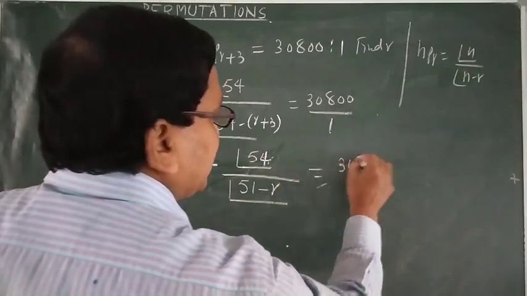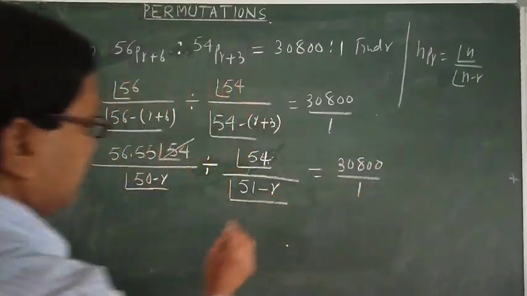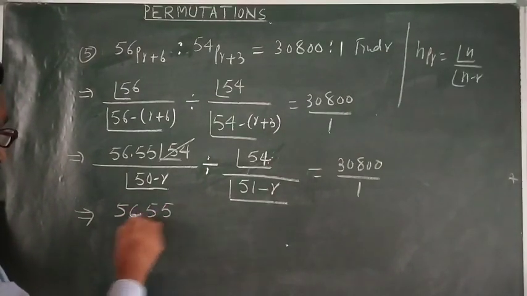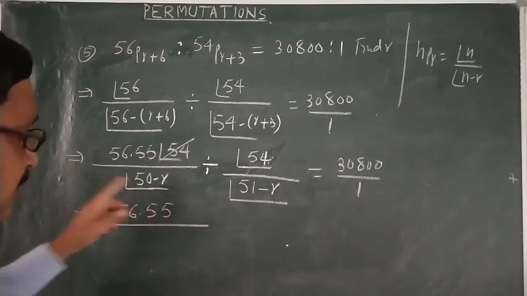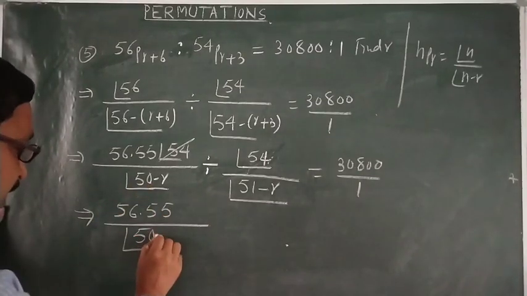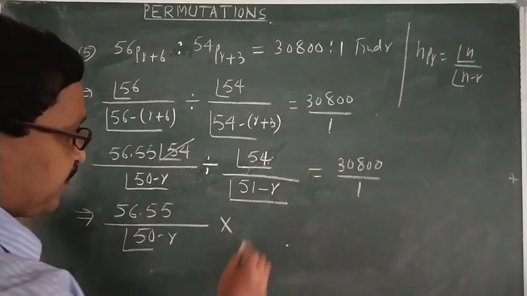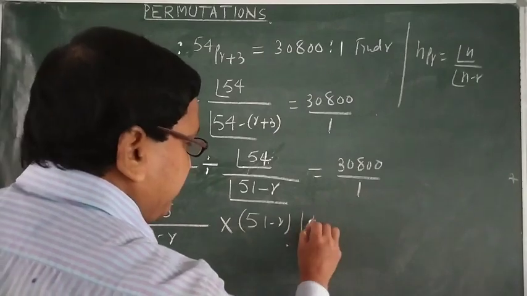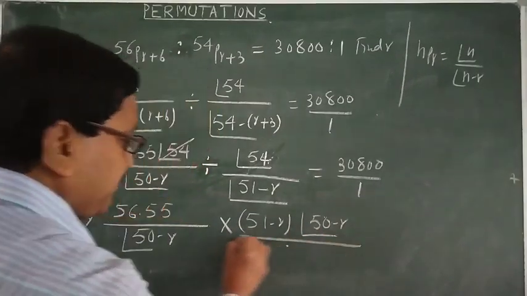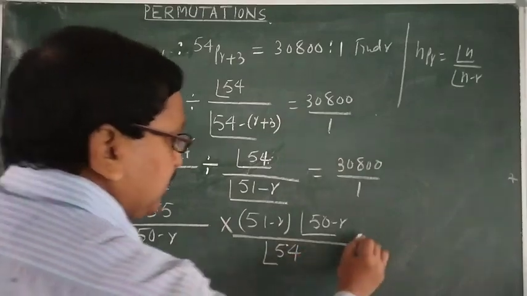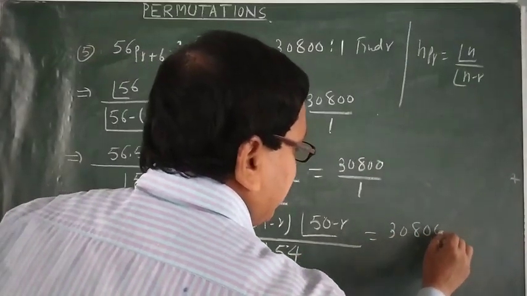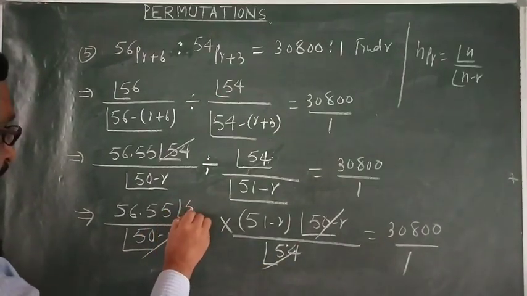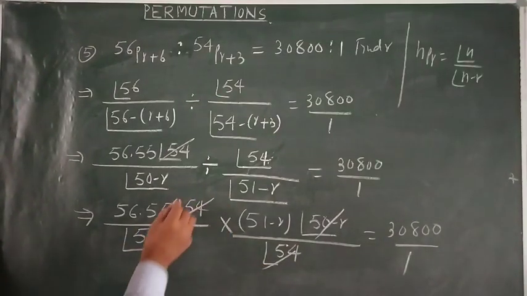So this is 30800 by 1. Now again, this is 56 into 55 by factorial 50 minus r, multiplied. When 51 minus r is taken outside, there will be factorial 50 minus r divided by factorial 54, and this is 30800 by 1. Now this 54 is cancelled with this 54, and this whole will be